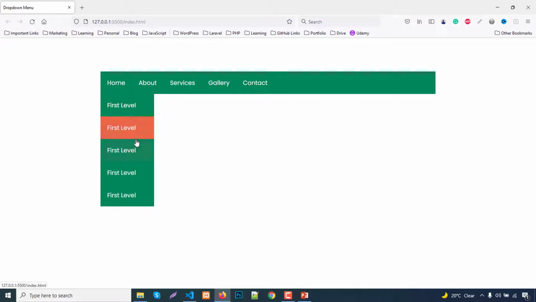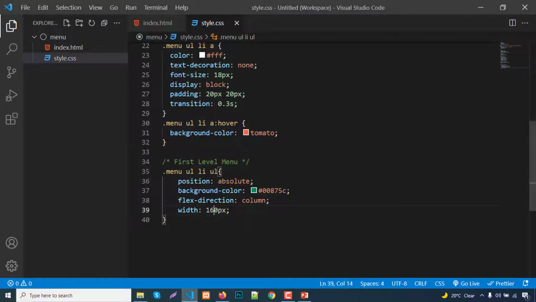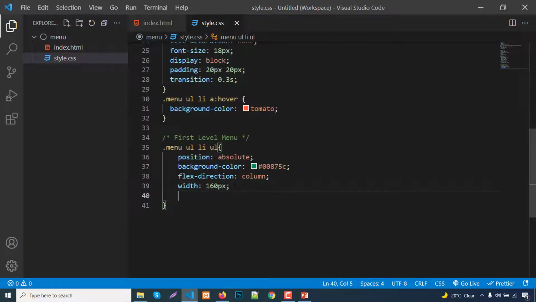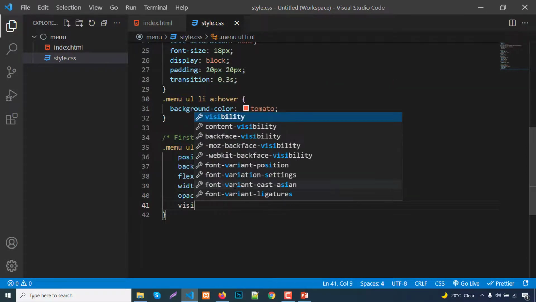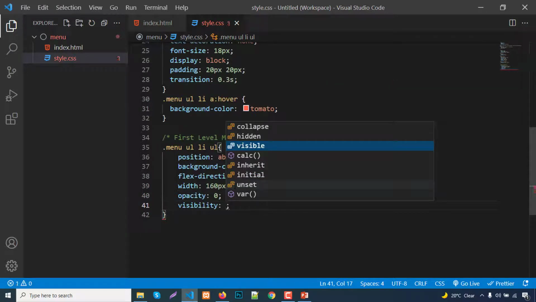Okay, here is our menu. By default this menu doesn't need to appear here. It is invisible. When the user moves the cursor on an item, the menu will become visible. So how can you do this? It is very easy. Just write here opacity 0, visibility hidden,